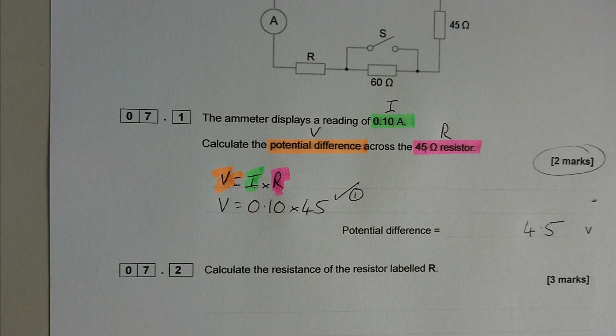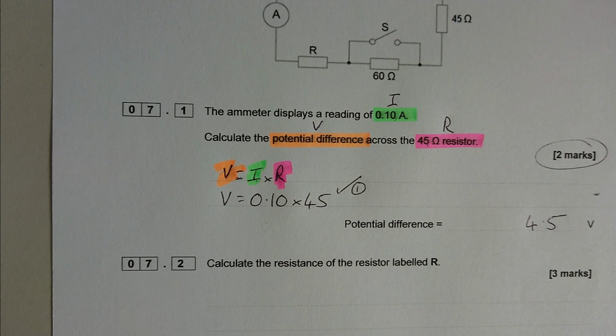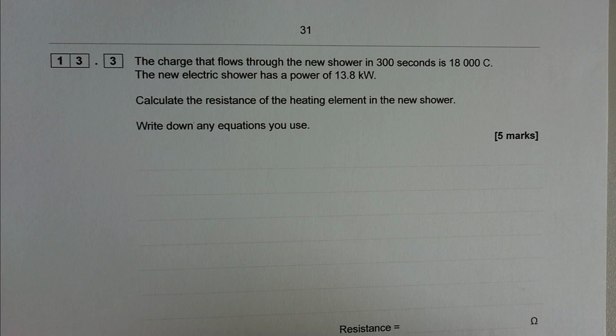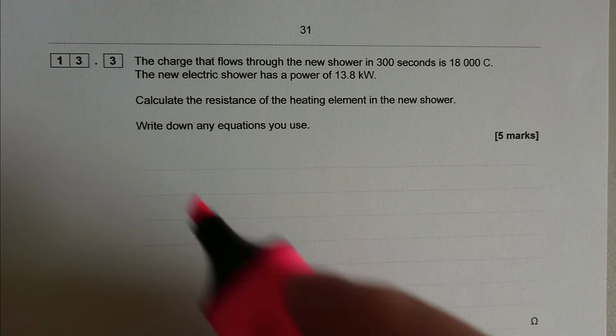That was quite an easy question because there were only 3 terms there, and it was fairly obvious where I got the information from. We're now going to look at a much more complicated question. This is from the very end of the same higher tier paper. Here it is, question 13.3. Now we can see that there is a lot of information in this, so we're going to go through it nice and slowly. So the charge,